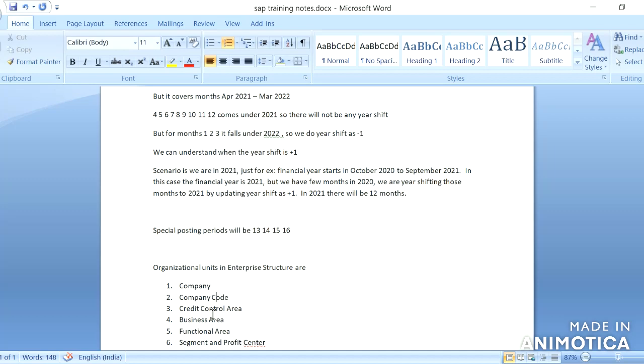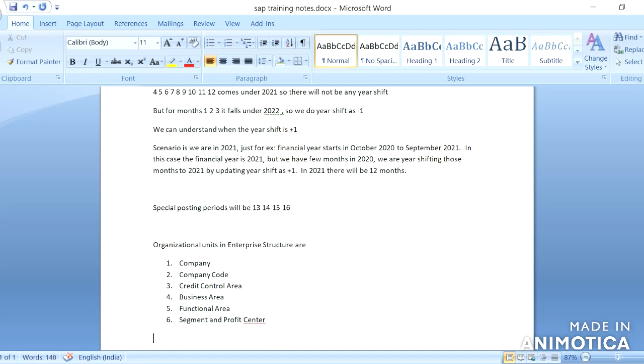So these are all the organizational units in FI. Normally segment and profit center, this is new GL accounting activation concept, segment, and even we will be giving profit center in that.